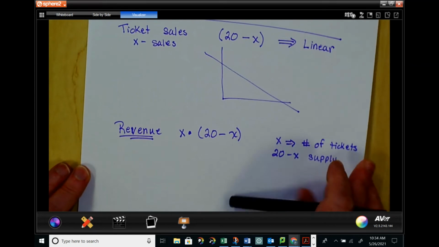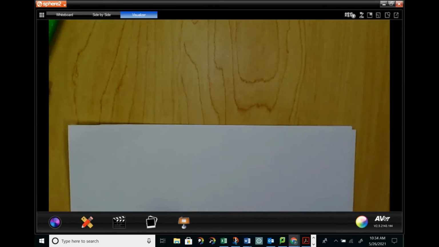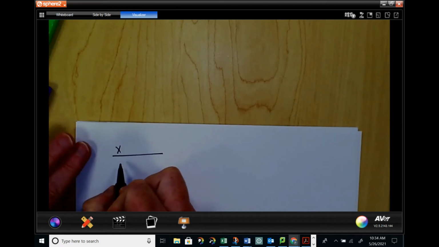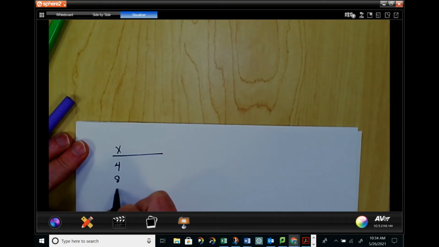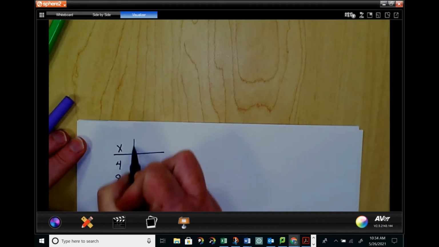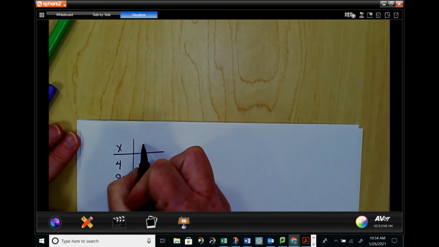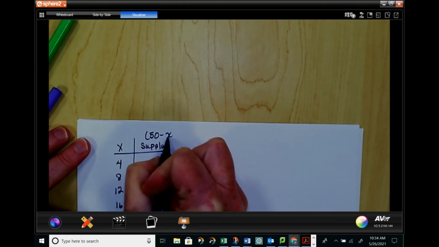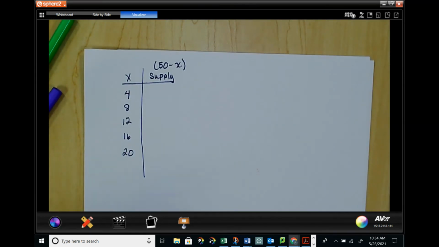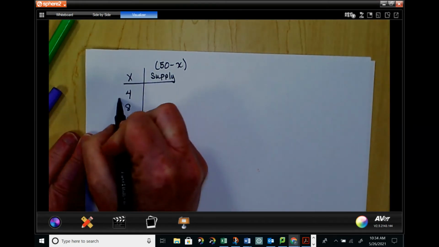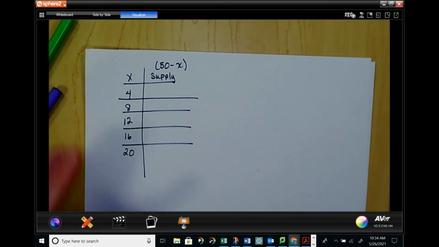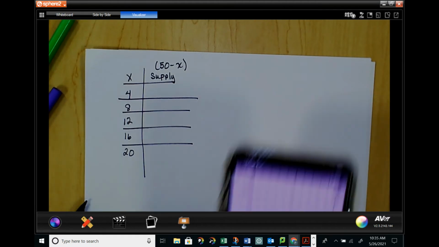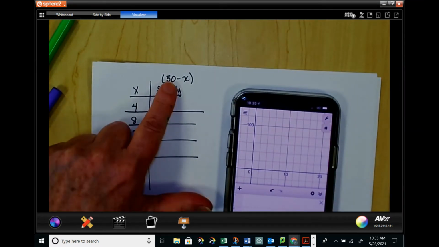So my next little example is, let's just say you have x, and this is 4, this is 8, this is 12, this is 16, this is 20. And then you're going to have that supply or whatever, and then I'm going to have 50 minus x. What I'm asking you to do today is go through and look at that. Now when I go through, I'm just going to use my friend Desmos, and I'm going to go 50